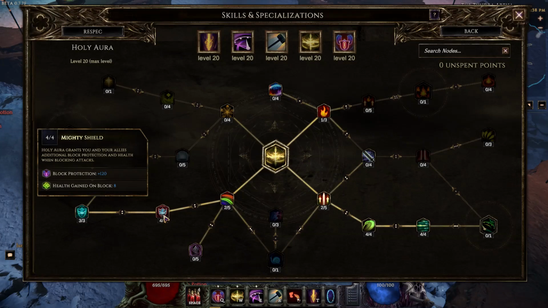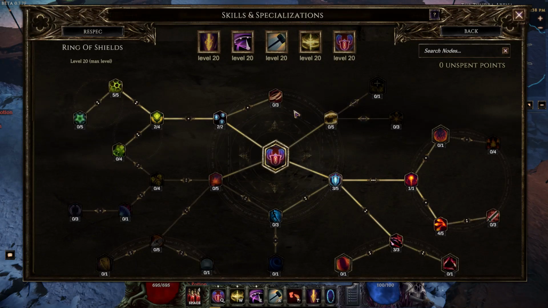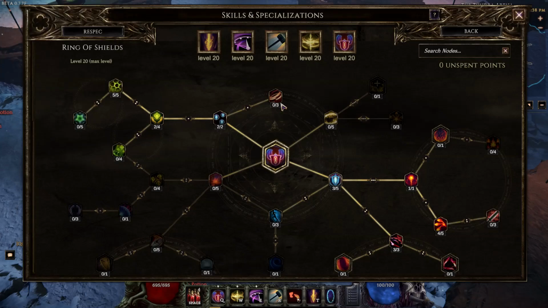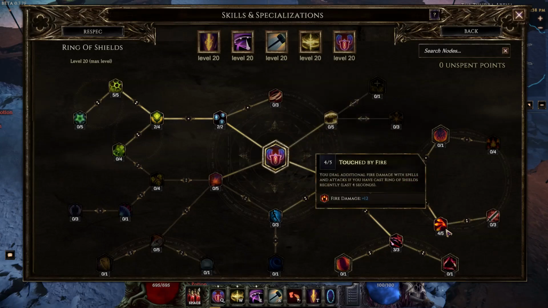So every time we block, we get 8 health, and 3 points in Against the Odds, so whenever you block, you also get 21 ward. For Ring of Shields, we have 2 points in Reinforcement, 2 points in Healing Shields, 5 points in Phalanx, 3 points in Banding, 3 points in Enduring Defense, 1 point in Molten Shields, and we went with 4 points in Touched by Fire for plus 12 fire damage, which will actually probably change because now our Smite is Lightning,